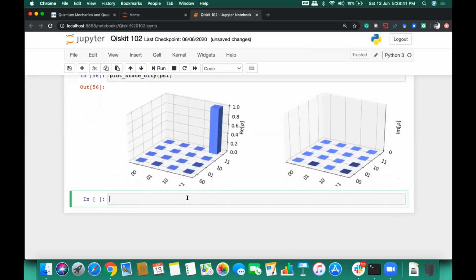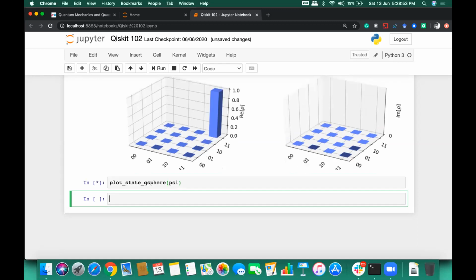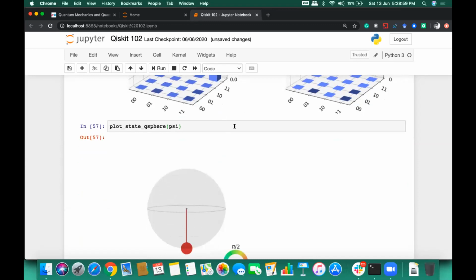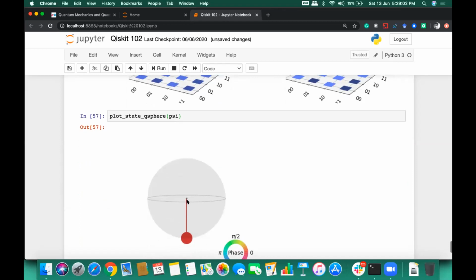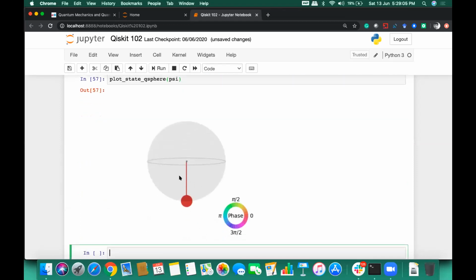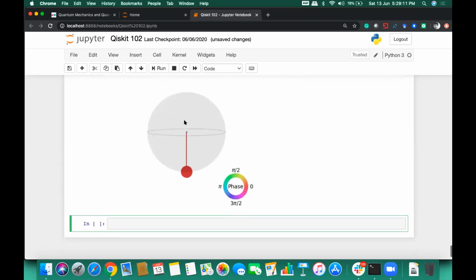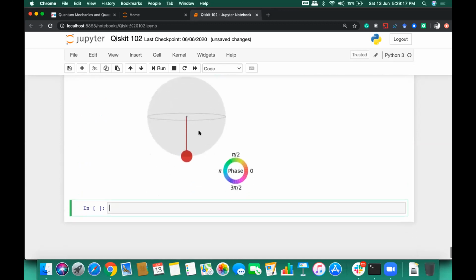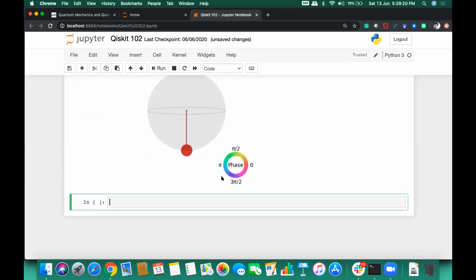Now, if we have to plot a Q sphere, for that you can call plot state Q sphere and pass the value, and that will be represented like this. So there will be a sphere for which it will have a value. Since for our current circuit we have all the ones, therefore the phase, you can see this amplitude here. If we have the values for 1 as well, you can see a straight line going up. And similarly, if you have some imaginary part, then some other lines there. Okay, so this is how the phase is represented, like 0, pi, pi by 2, and 3 pi by 2.